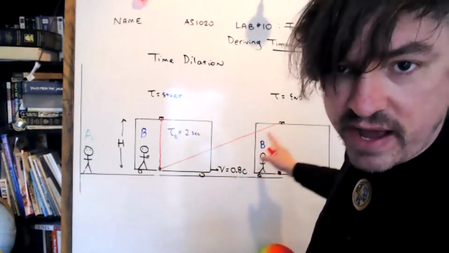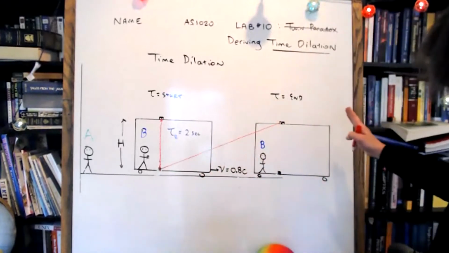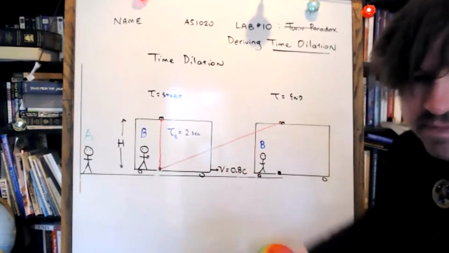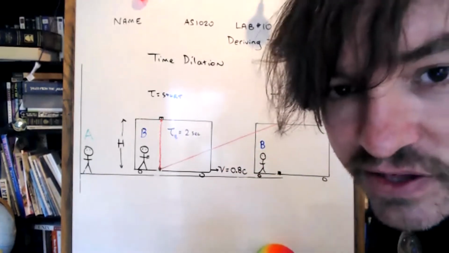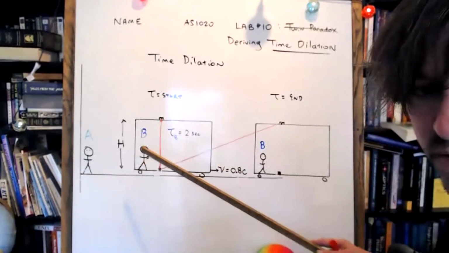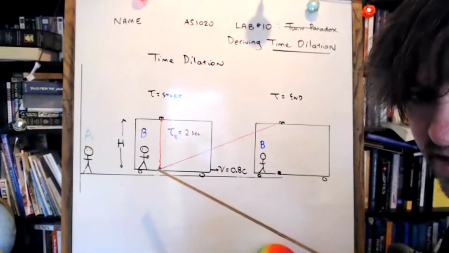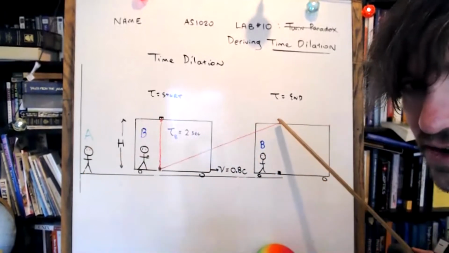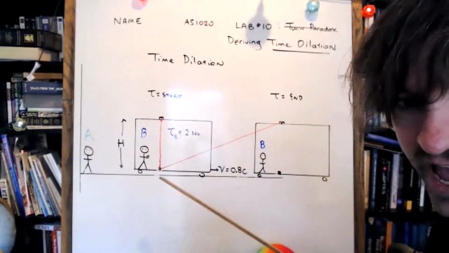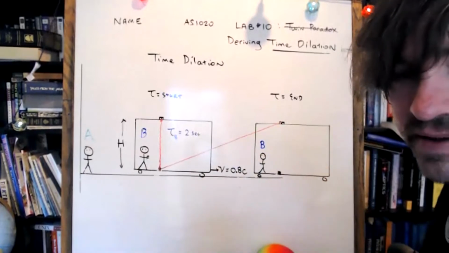Tegan, Mateus, Mariah, you all agree, right? Because the laser is being carried forward with the cart. It has to fire there. It has to end there. So now I ask you something. Is the distance traveled by the laser according to B the same as the distance of the laser according to A? No. You can see that A will see the laser traveling a greater distance than B.